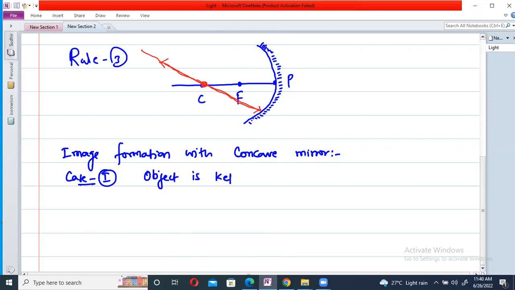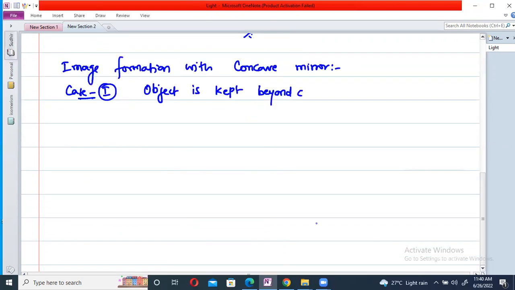Object is kept beyond C. Beta, if the object is kept beyond C, I want to show you how the image will form. It is a concave mirror, and in this concave mirror,